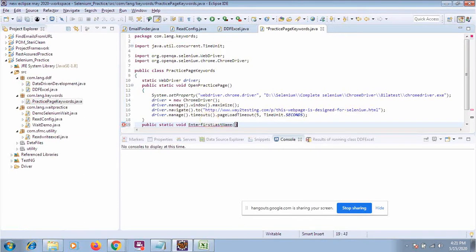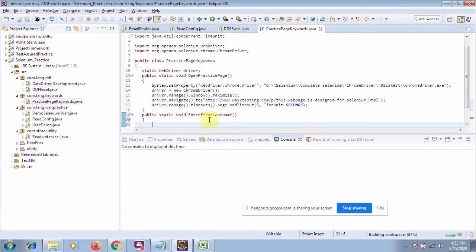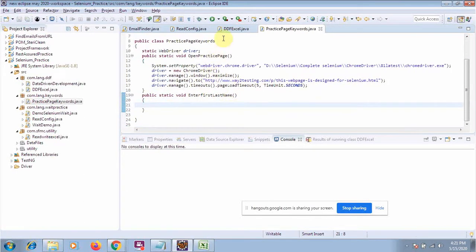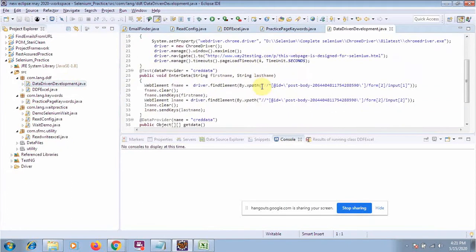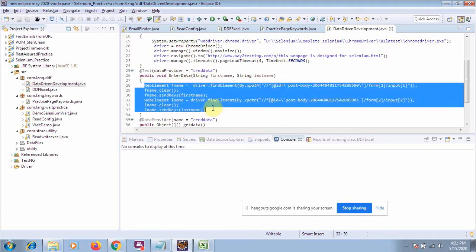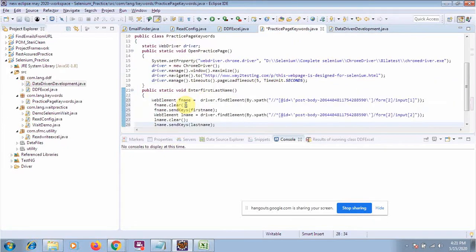Okay, and again I will use the same thing: I will inspect the element and pass the value as I did in the previous session, like this one, driver.findElement. All these things I will simply copy as I have done before. So what I am doing here,